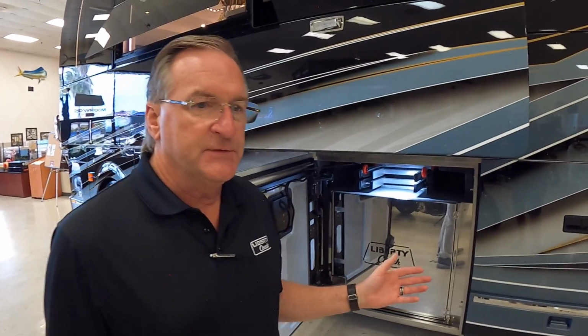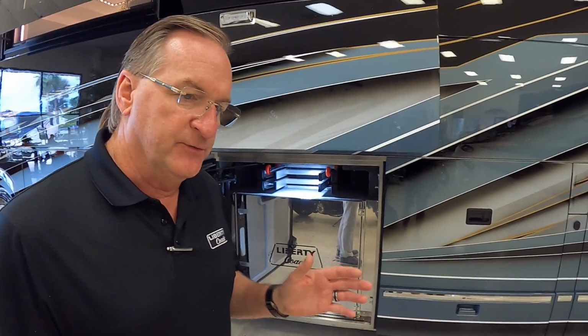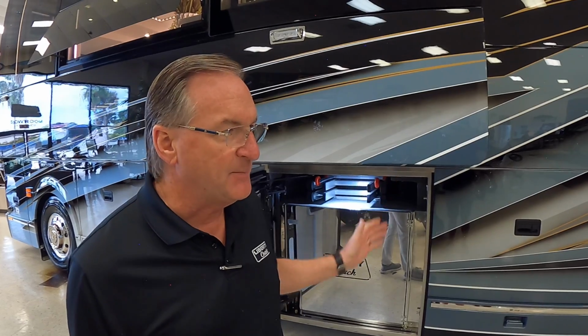Well, when I transitioned from the lithium-ion system that we did over 10 years ago to the Volta system in 2016, we have 36,000 kilowatt of power with these energy packs that we have in the coach. So I was able to transition some of the load, like your Crestron systems, your satellite receivers, the TVs, the refrigerator, the water pump, some of these things I was able to transition to inverter only and take some of the load away from the generator itself. So we were able to make that change. I was able to downsize the generator slightly to be able to make that happen,